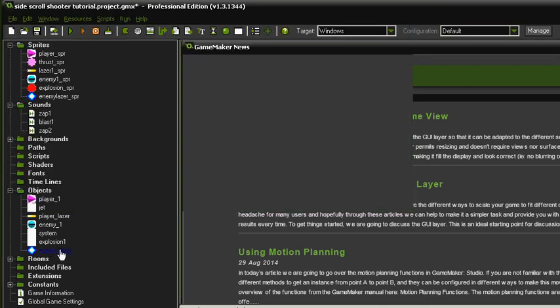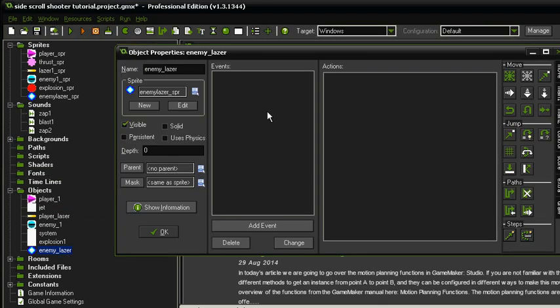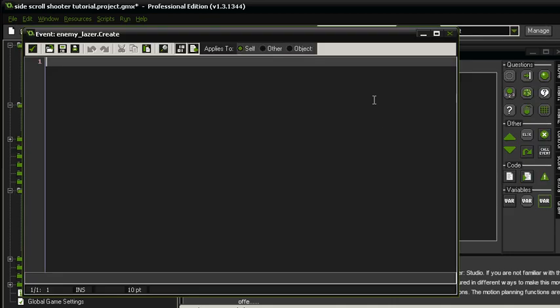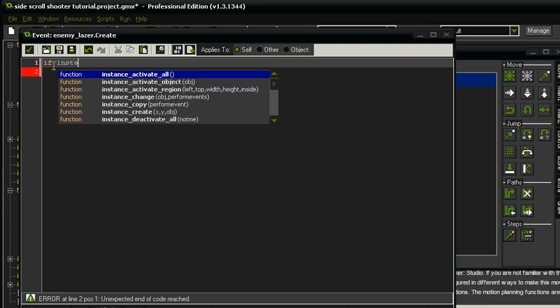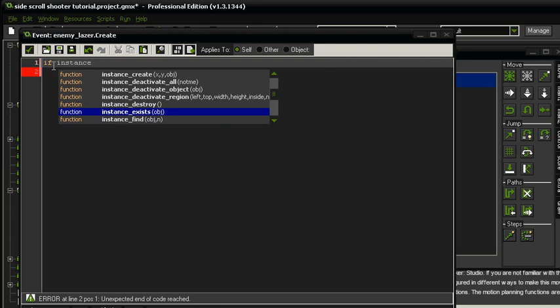And I've created an enemy laser object, and we're going to use the same kind of system as the player. So something will happen in the enemy object, and that will create an instance of the enemy laser. So we need to add event, which is the create event, and we need to put some code in. I'm going to start with a new if statement, which is if instance exists